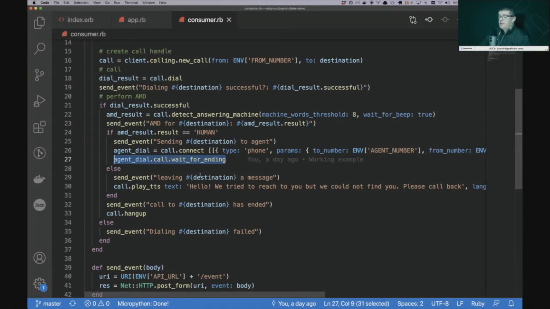If it's not a human, sorry, if it's a machine, we'll play a message using text-to-speech. Hello, we tried to reach you, but could not find you. Please call back and whatever. And then we'll hang up in any case. Of course, if the call failed, we'll just say the call failed, which was effectively hung up. Okay, so